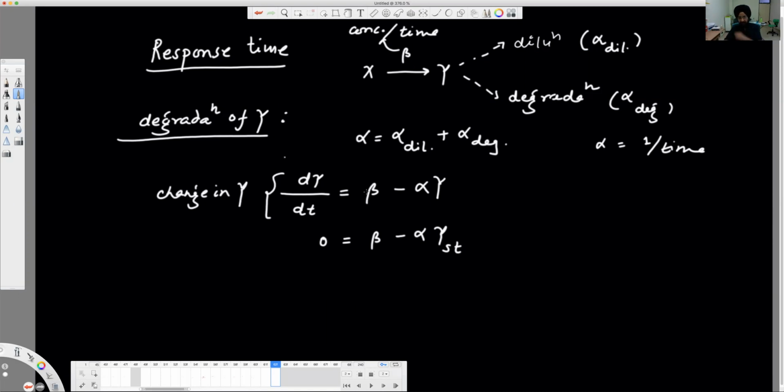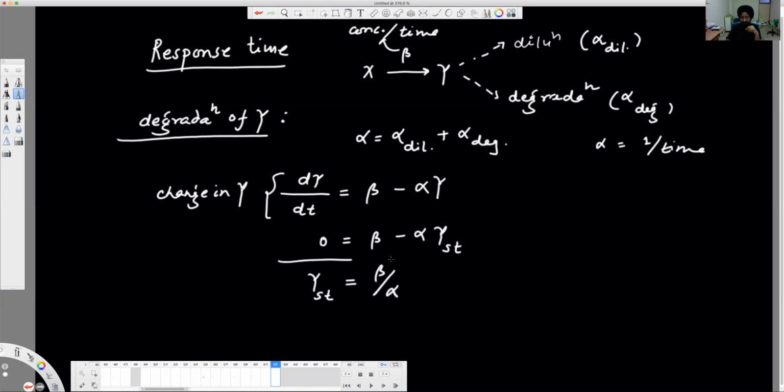Okay, if beta is there, there will not be any decline. You will either reach the steady state or it is increasing, accumulating. Change in y, right? So Y steady state, the concentration at steady state, can be given by beta by alpha, which